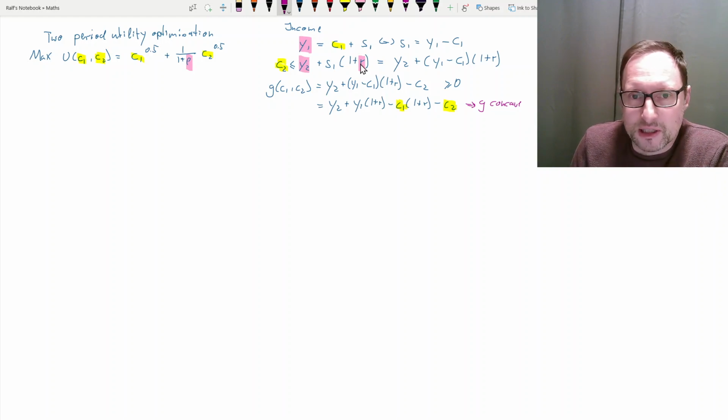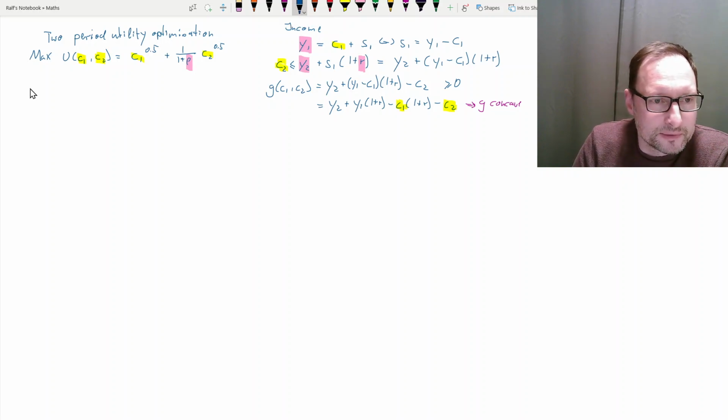So that means that potentially we will find later our Lagrangian conditions to be not only necessary but also sufficient conditions. So we're at a point where we can formulate our Lagrangian function. So let us do that. The Lagrangian, which is a function of c1 and c2 and a Lagrangian multiplier lambda, is equal to the utility function, so c1 to the 0.5 plus 1 over 1 plus rho c2 to the 0.5, plus lambda,